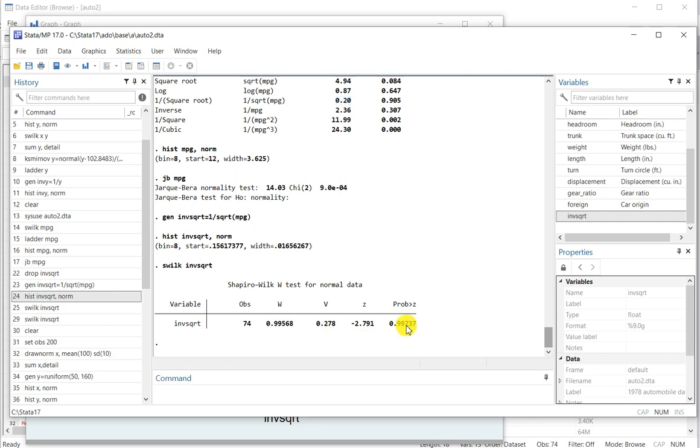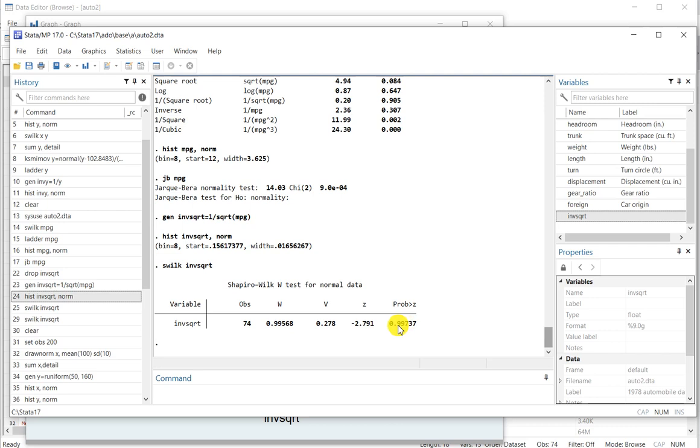Now we fail to reject the null hypothesis that this data follow normal distribution. So when I used the original MPG, the data was not normally distributed, but when I transformed it from identity, that is from the original values, to 1 divided by square root of MPG, now this data became